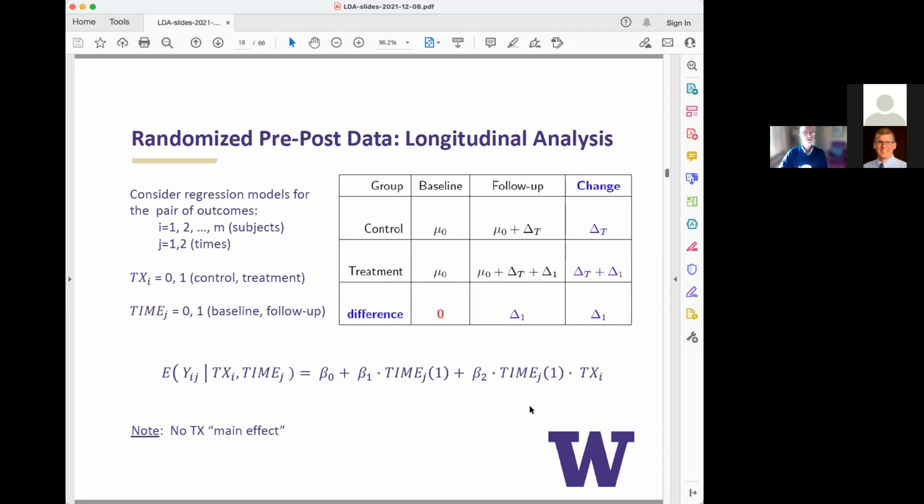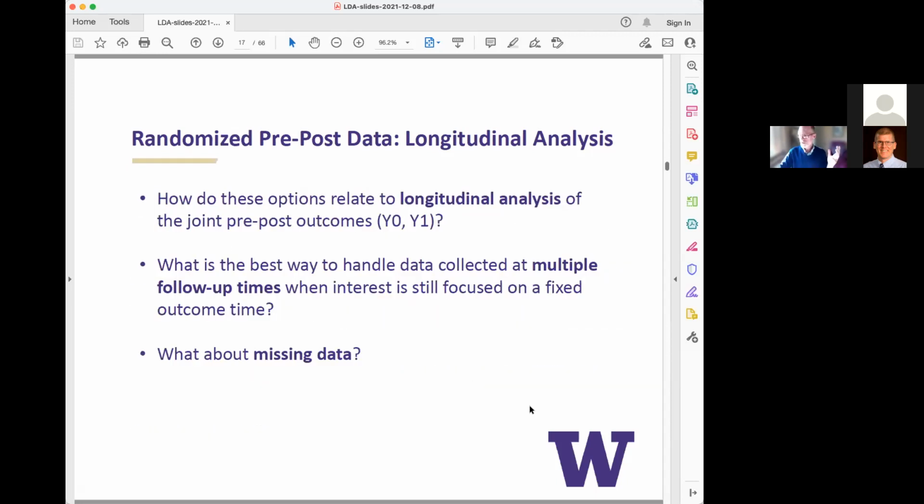All right. So I want to say another way to approach these data. Let's get all the evidence on the table by putting it in some sort of longitudinal analysis. Treat them both as outcome variables. Y0 is an outcome, Y1 is an outcome. That's actually what we said we would do for the ASCEND data. So we didn't choose one of those as primary. We chose a longitudinal analysis as primary.